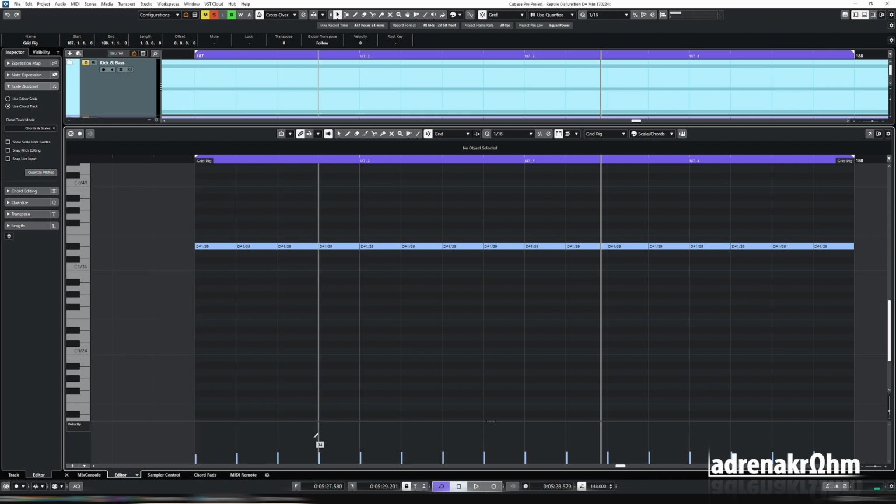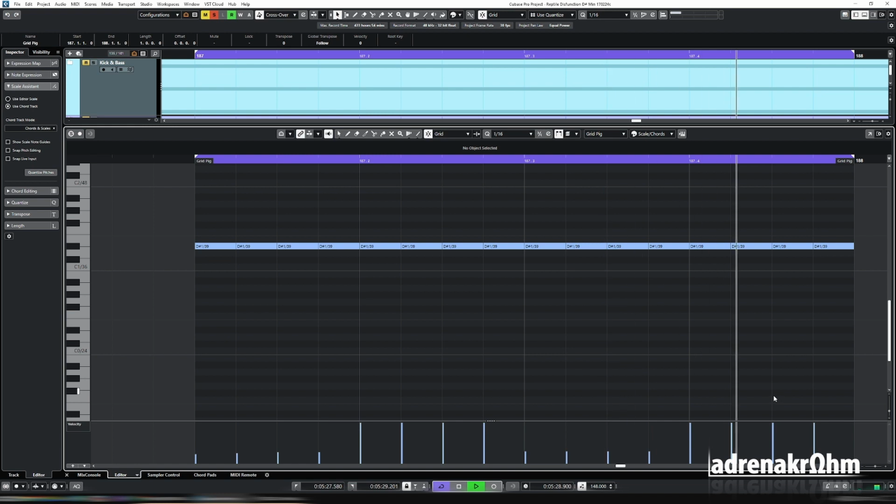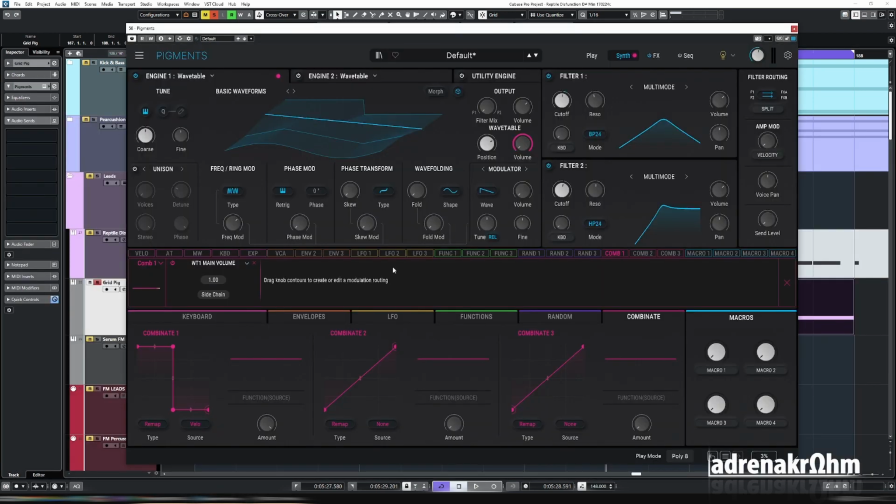Let's just do a little pattern here, like so. So every quarter you can hear it go from playing to silence. So you probably guessed the next step now. Let's go to Combinate 2. Let's put this one in the middle as well. Let's do the exact opposite. Turn it up, remap,